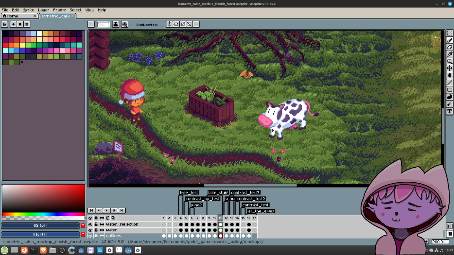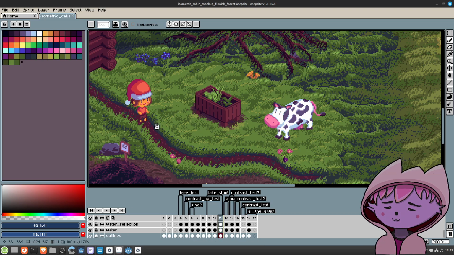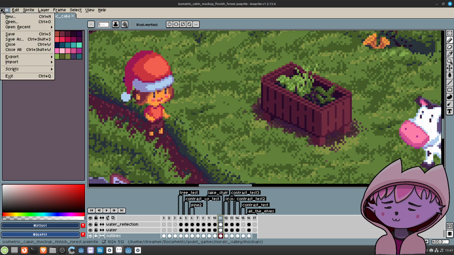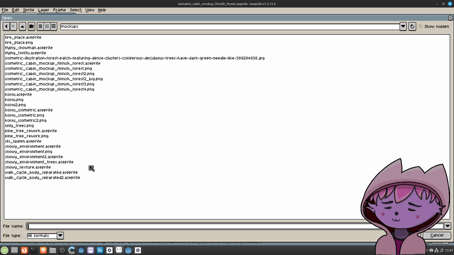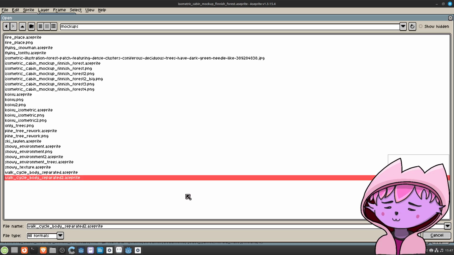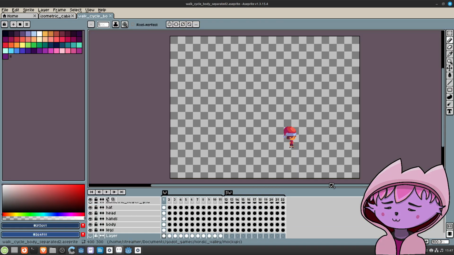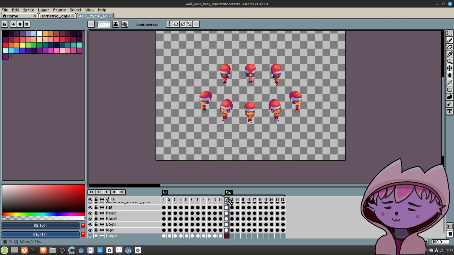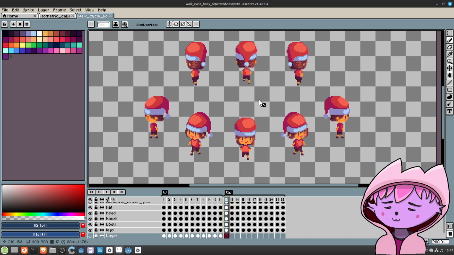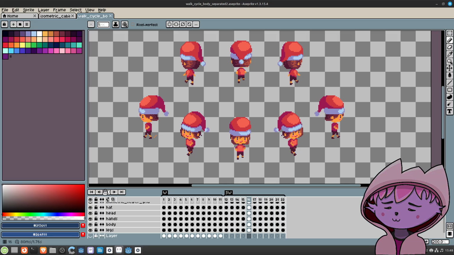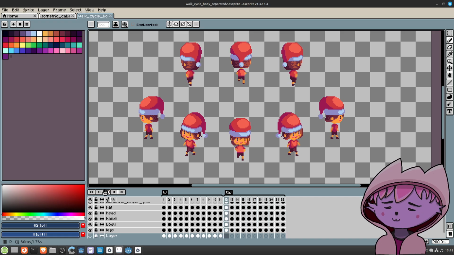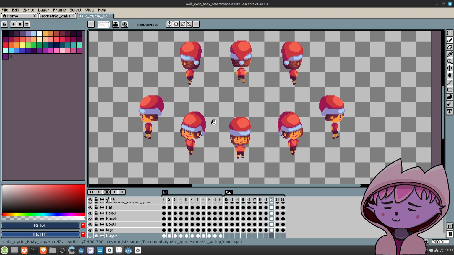So, yeah, let's open up the separated walk cycle. So we have actually the eight-way walk cycle already. Well, it's almost done.